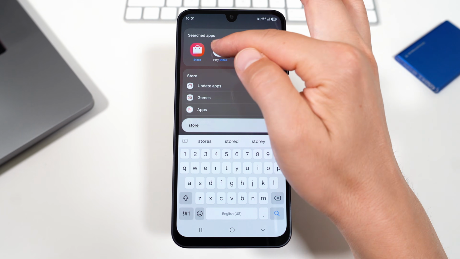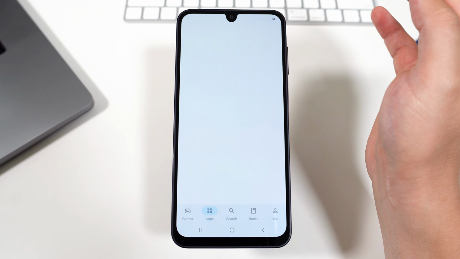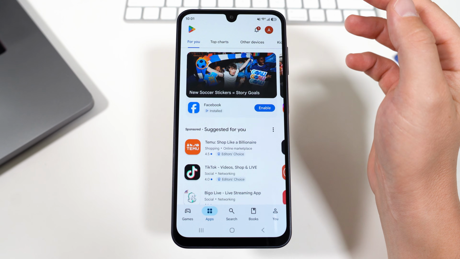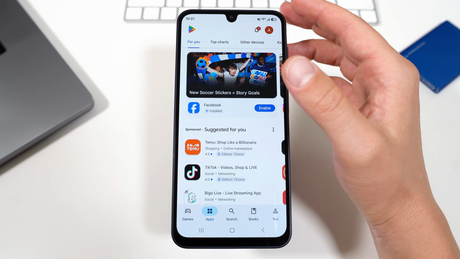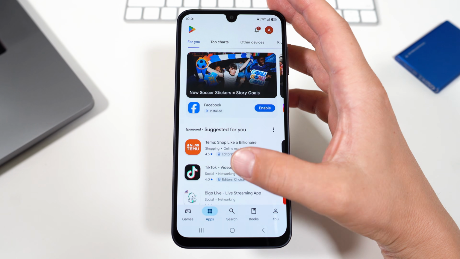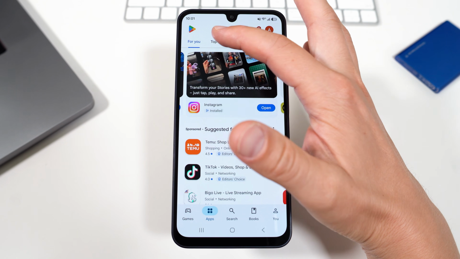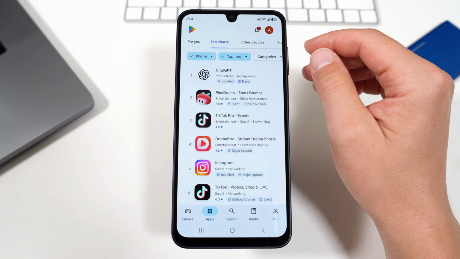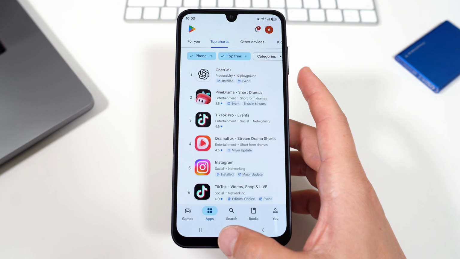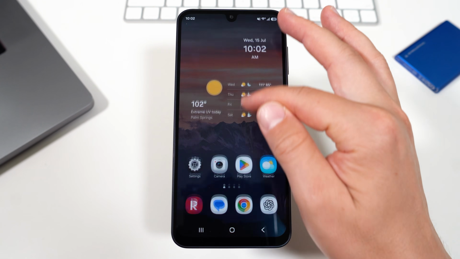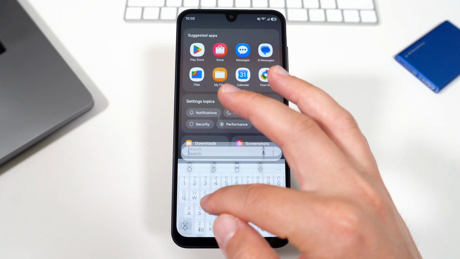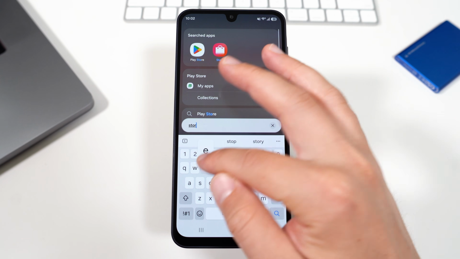Play Store is kind of like the general store. This is the universal marketplace for the entire Android ecosystem. This is where you'd go to download 99% of your third-party apps, from Spotify to Netflix to banking apps to games, whatever. This is usually the go-to for all Android users. If you were on a different Android phone, like a Motorola, for example, you would only have Google Play Store